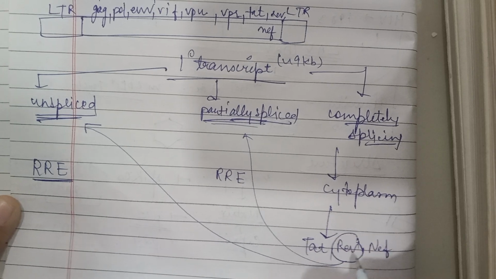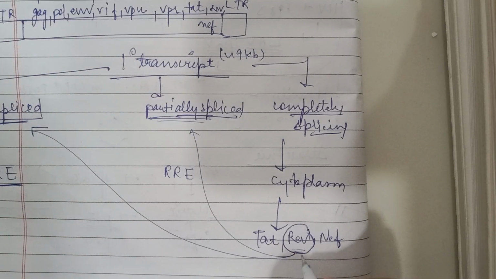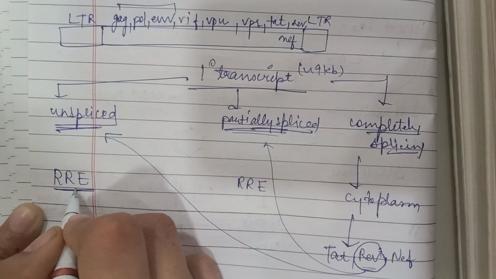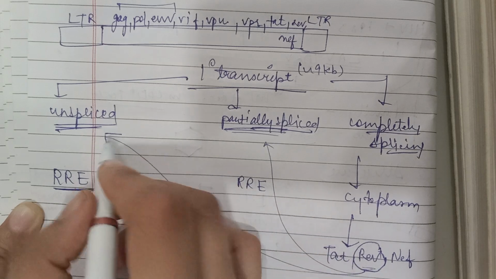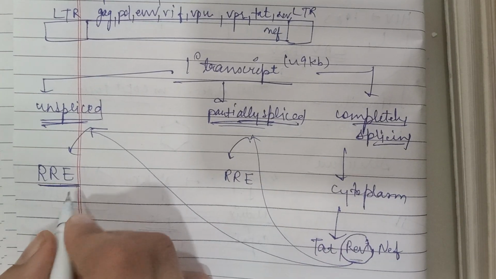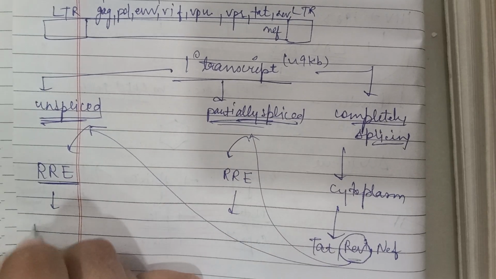Rev is an RNA binding protein with sequence specificity. So it will only bind to RRE. This Rev protein will come and bind to RRE, and will lead to their nuclear export,